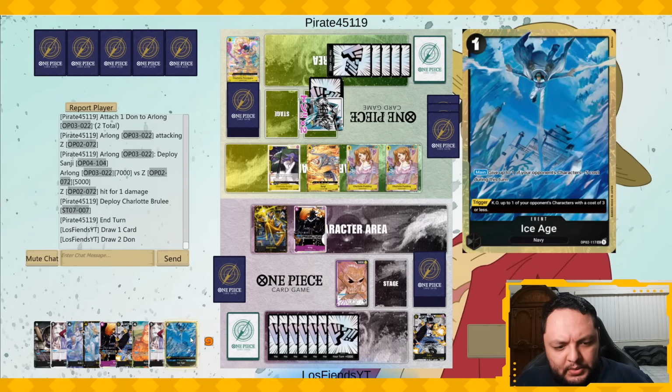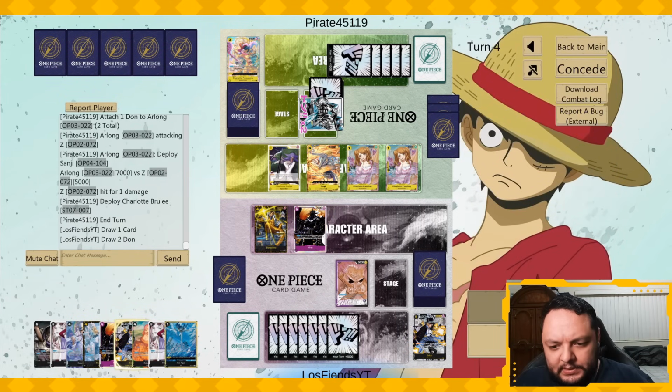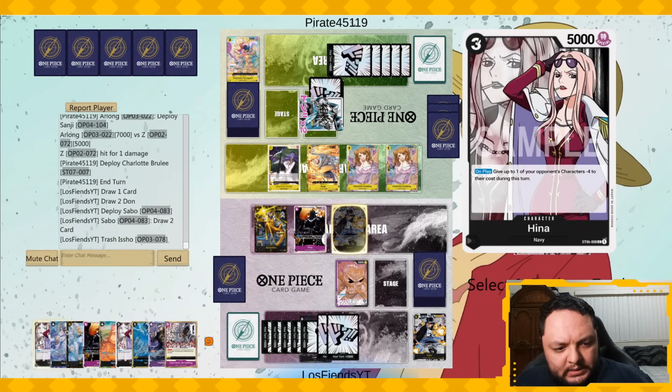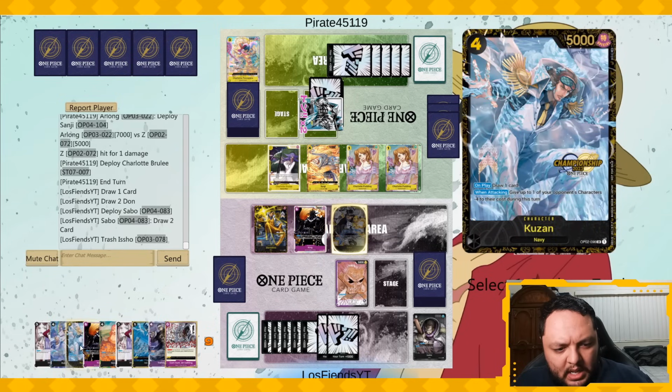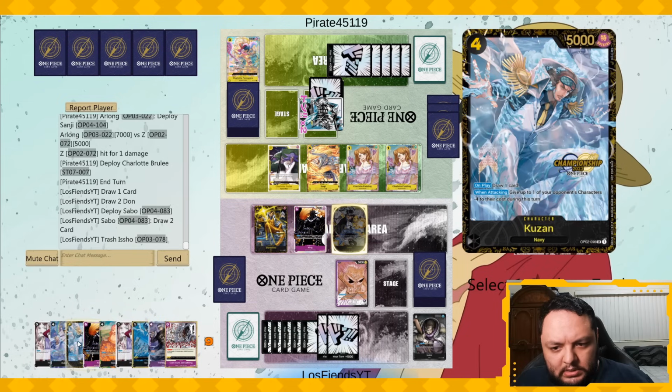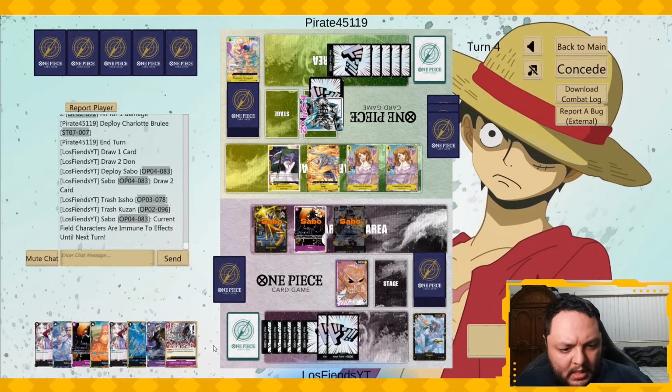We might be able to do... Well, let's do Sabo first. I need to see if I get some 2k counters. This is not a Nisha game. You know what? It might be a Hina game, to be honest. So, Kusan might not be you. And then we have...